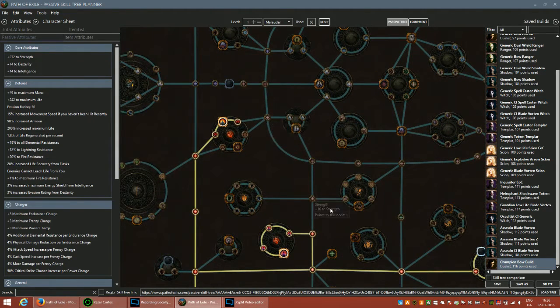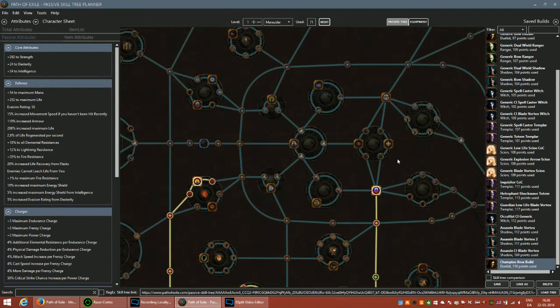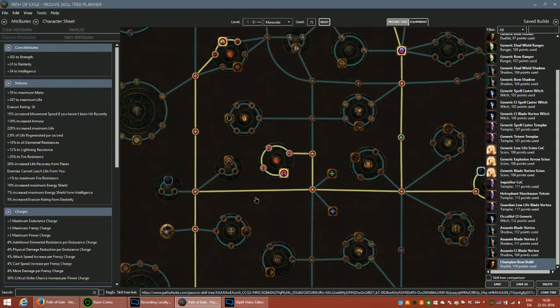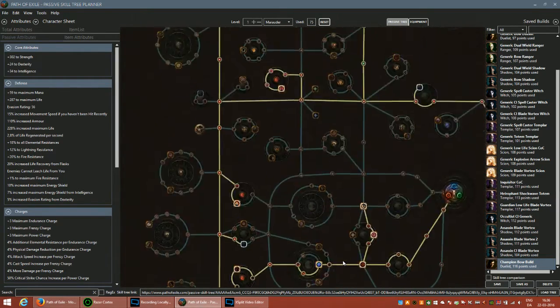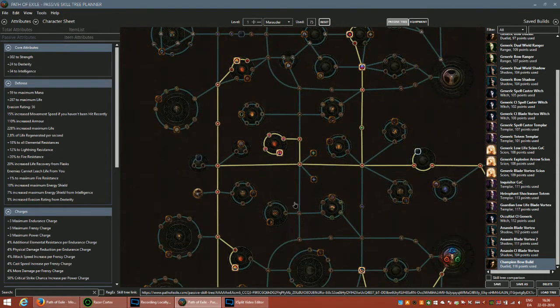So next we will go up here. We will take Sanctity, and we will take Discipline and Training. We will take Retribution, and that is basically it for now. This is 68 points, and that is the core of this build right now. It is quite strong already. We have 228 increased maximum life, so basically everything else can go into whatever damage node you feel like, and